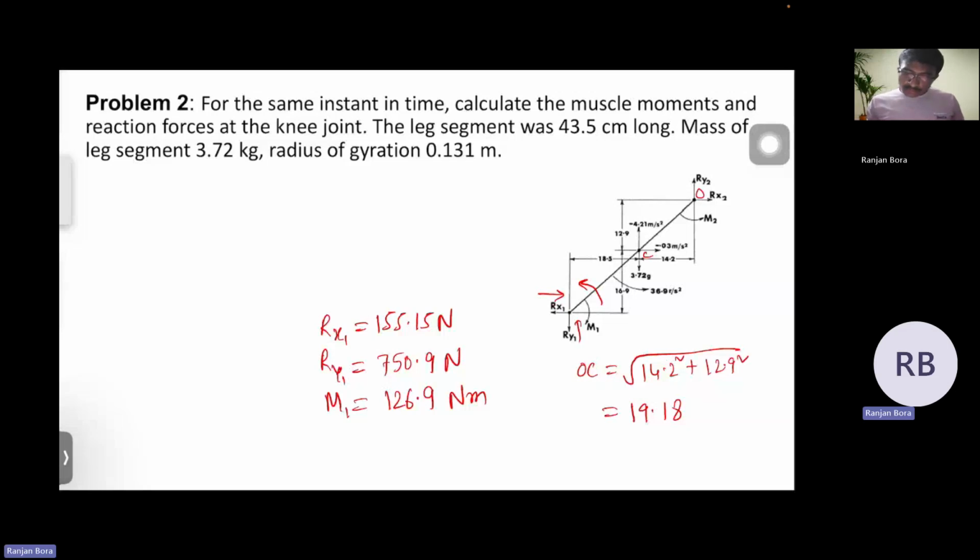Okay, so because of the force Rx1, its direction is in the anti-clockwise, so it will be minus Rx1 dot 0.298. And the direction of the moment because of the force Ry1, it will be in the clockwise direction, so it will be plus Ry1 dot 0.327,